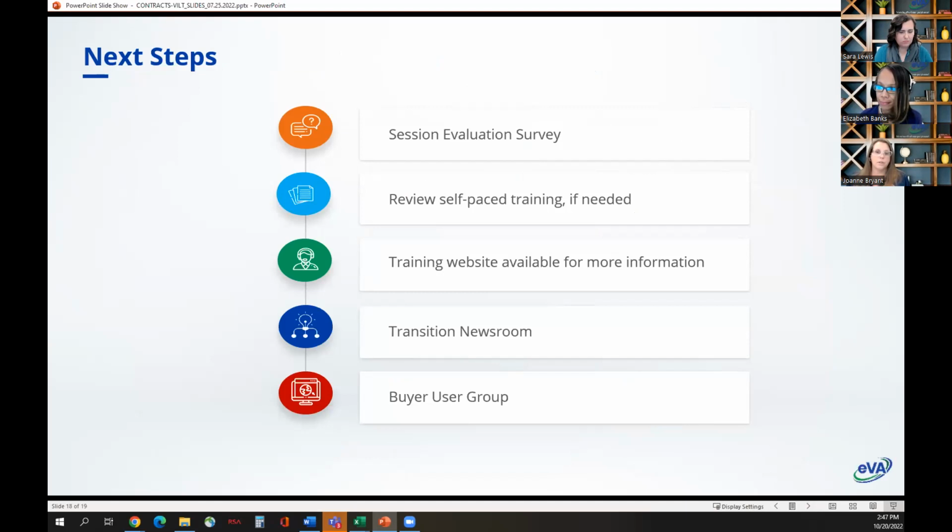You can check out the training website for more information, including the quick reference guides, and bookmark the transition newsroom. That's our central place to get more information about the new platform, gives you all the dates and all that wonderful stuff. And you can sign up for the buyer user groups if you haven't already. They always give out great information.